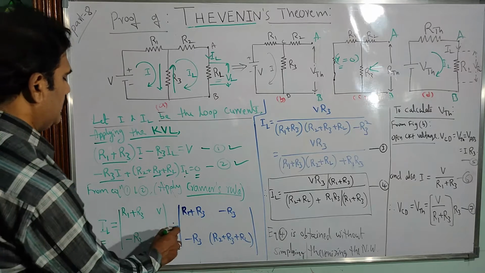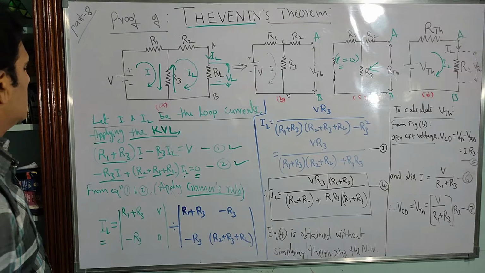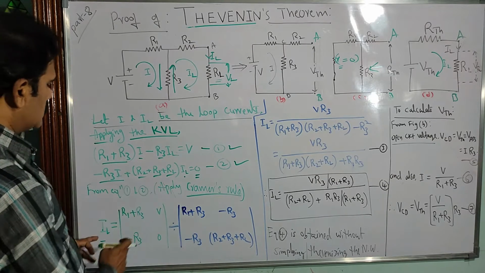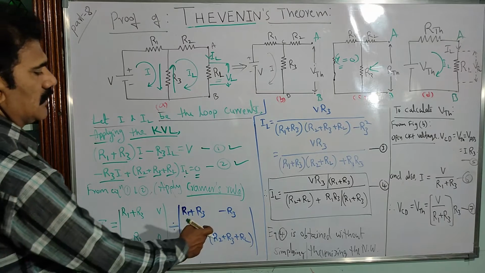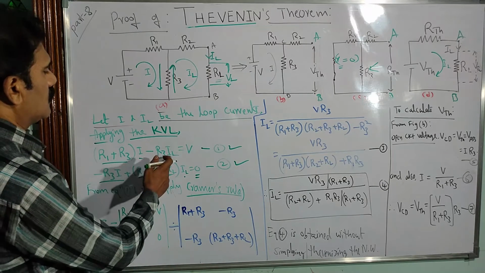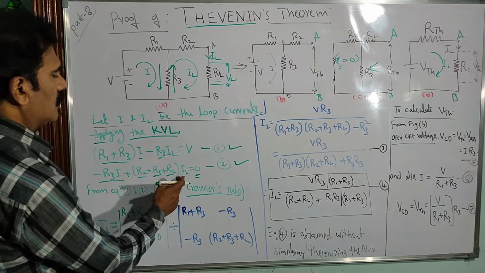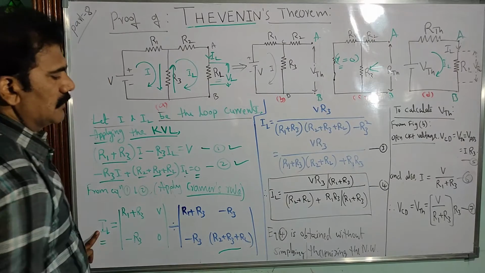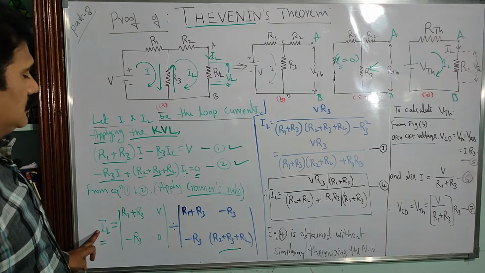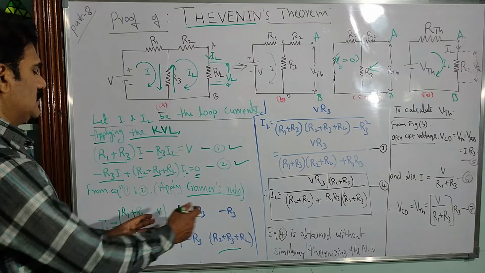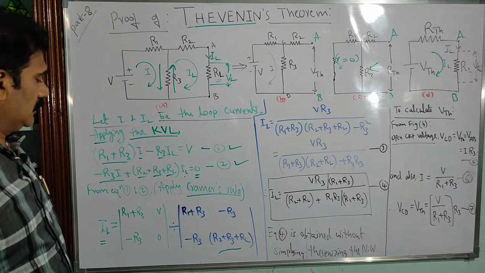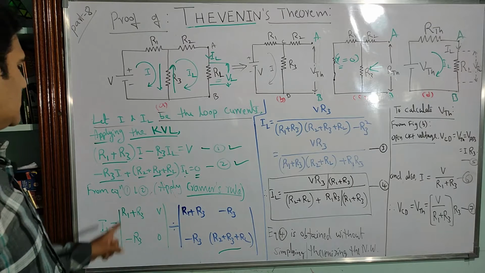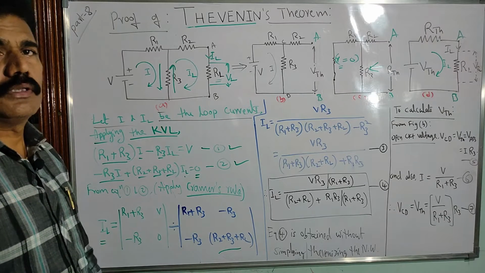Then divide by the coefficients R1 plus R3, and minus R3, and the coefficients of IL, which you consider in the other determinant. So the coefficient of IL is minus R3 and R2 plus R3 plus RL. Consider these 2 determinants and divide. How do you divide? You know that by cross multiplication we can simplify the equations according to Cramer's rule, correct?